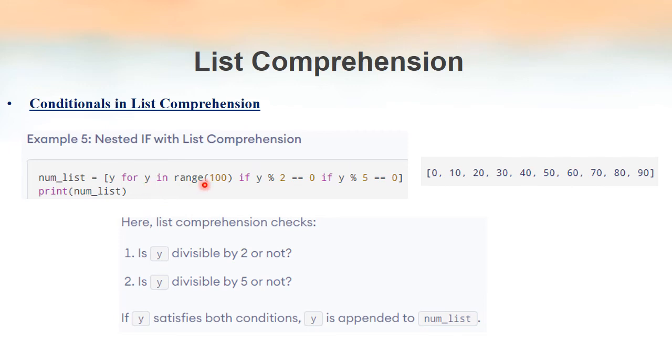So first of all, y will take one value from this range. It will check this condition. If the condition is true, then this condition also will be checked. Only those values which satisfy both of these conditions will be inserted into this list, num_list.